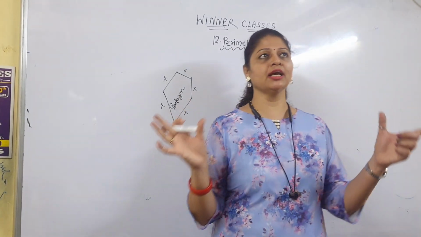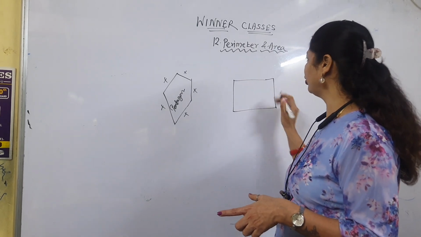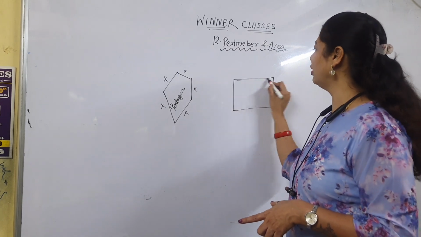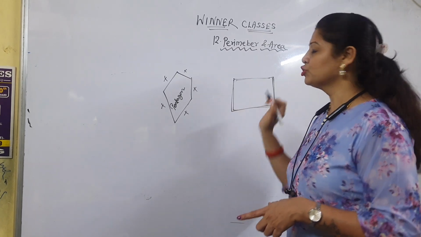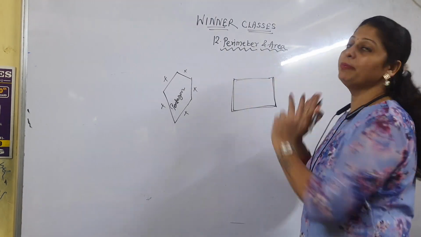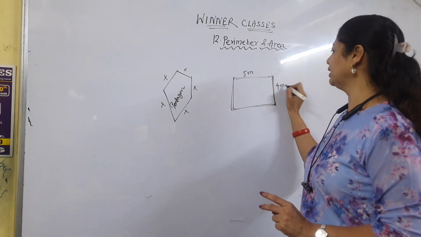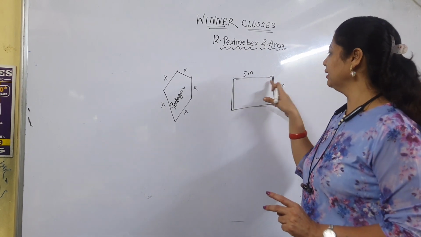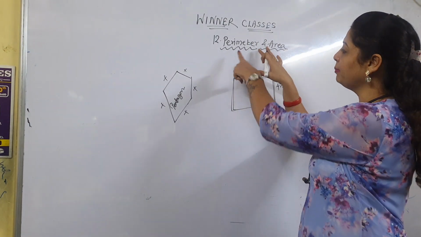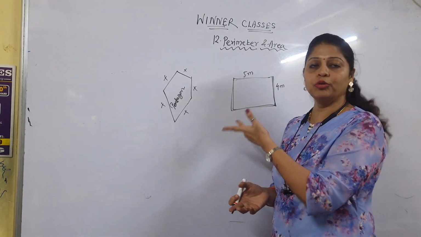See children, now this is the classroom. The classroom shape is square, rectangle. Okay, now I am giving the example for the perimeter. Now this is the classroom, and in that classroom, suppose I want to decorate the wall. Okay, only the wall I want to decorate. So for that purpose, first what I am going to take, I want to find out the perimeter. So suppose 5 meter length, and the next is 4 meter length of that classroom. Okay, so 5 meter, 4 meter, this is the length of the classroom, this is the breadth of the classroom. So we have to find out the perimeter of this rectangle, then we will use such a type of formula to find it.